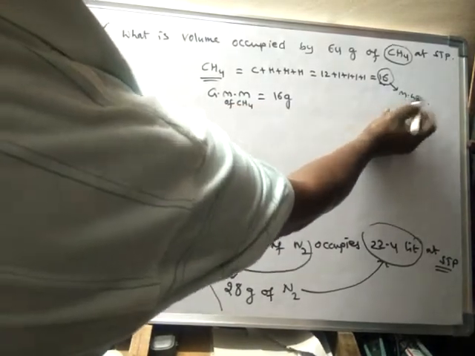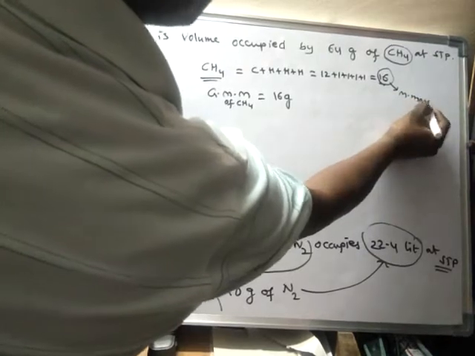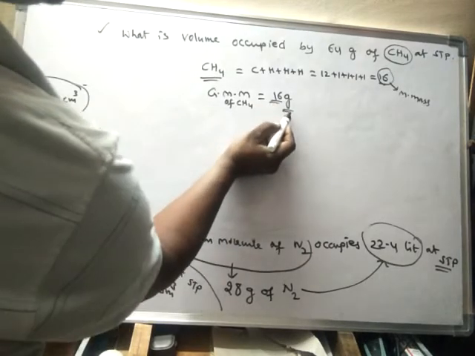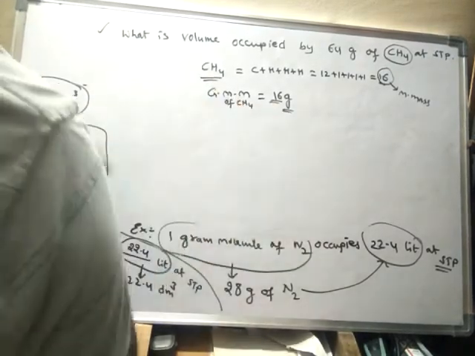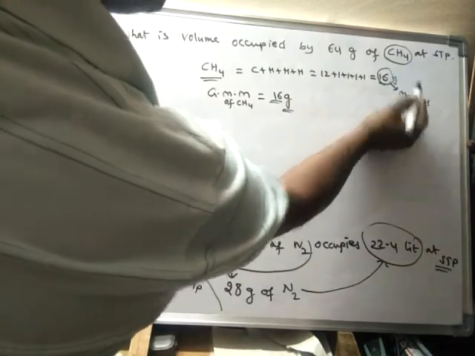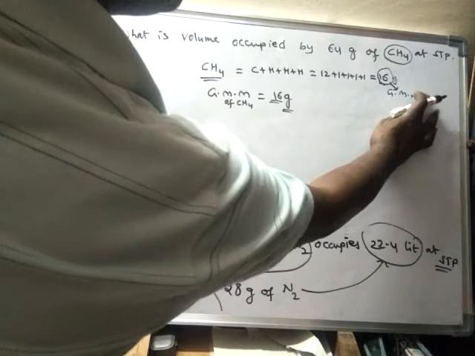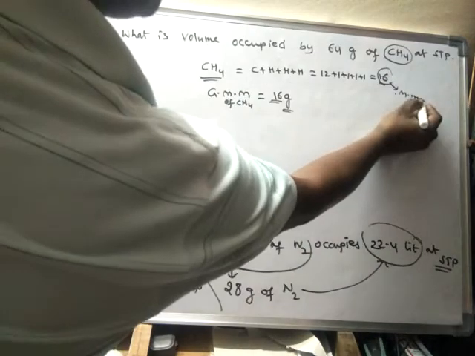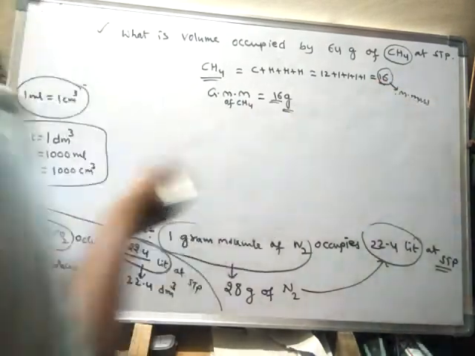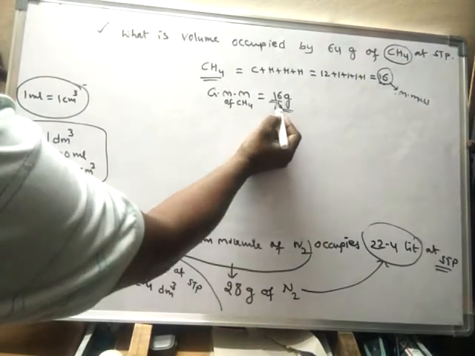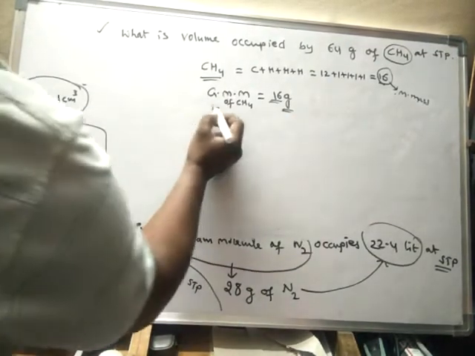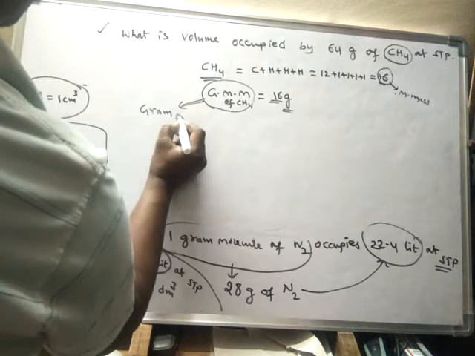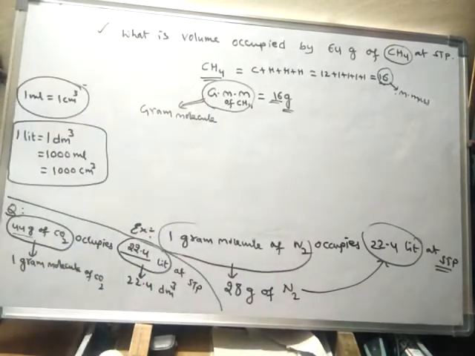That means when molecular mass is expressed in grams, it is said to be gram molecular mass. If you put a G here, then it will become GMM. Okay, right. So now methane, its molecular mass is how much? Methane molecular mass is 16. Its gram molecular mass will become 16 grams. Always remember that gram molecular mass will be equal to gram molecule.